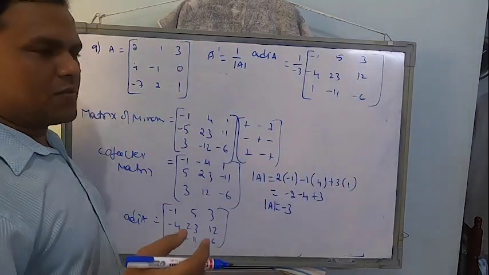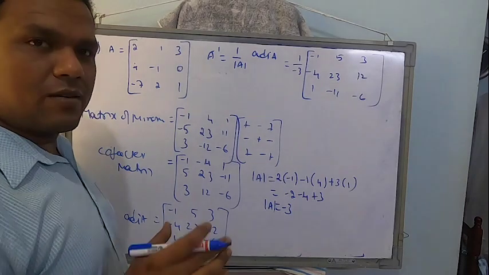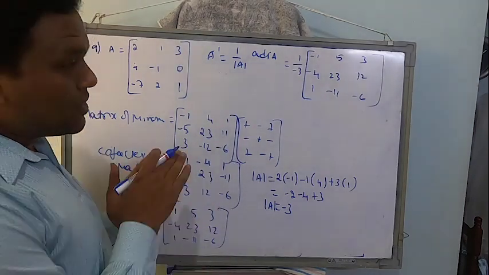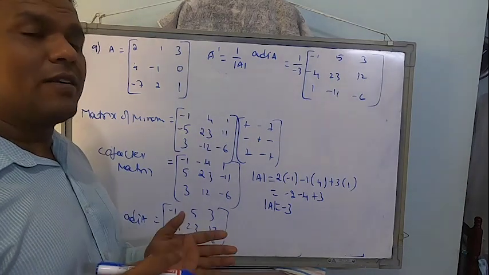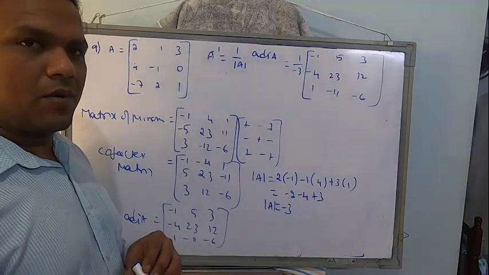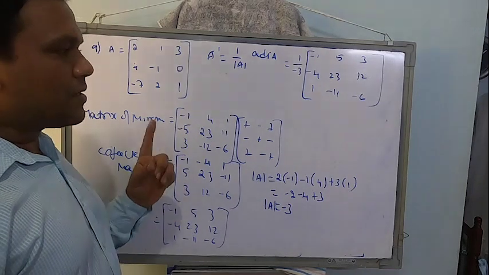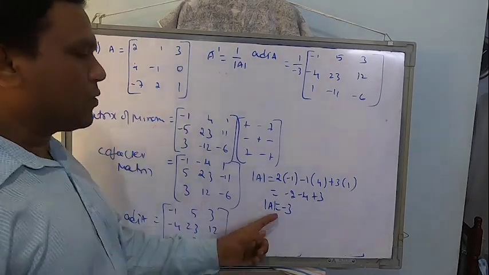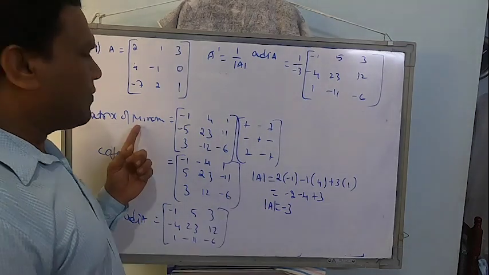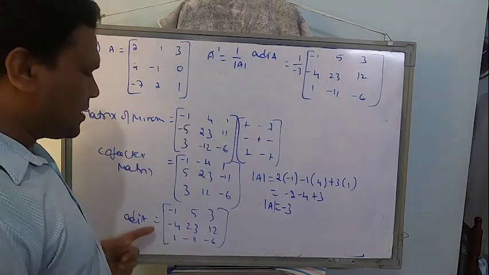But in examination, most of the time they will not give you find the inverse as a separate problem. This concept is needed to go to my next concept, that is solving a system of linear equations. Okay, students, so finding the inverse is the procedure I have explained here. Take the matrix, find out its determinant first, and then find out the matrix of minors, cofactors, and then the adjoint.